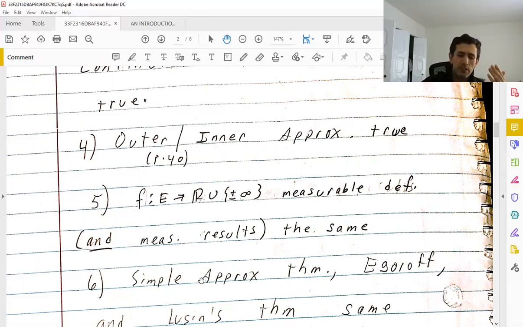And the difference is Tietze's theorem. The proof of Tietze's theorem is quite a bit different for higher dimensions. And that makes sense. What did we use to prove Tietze's theorem? We used the fact that every open subset of the real line can be written as the disjoint countable union of open intervals. That's not true in higher dimensions. You cannot write an open set as the disjoint countable union of open rectangles. You can do the next best thing,